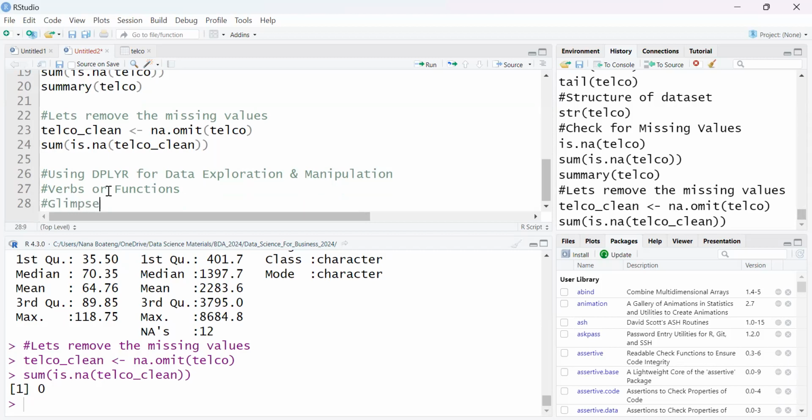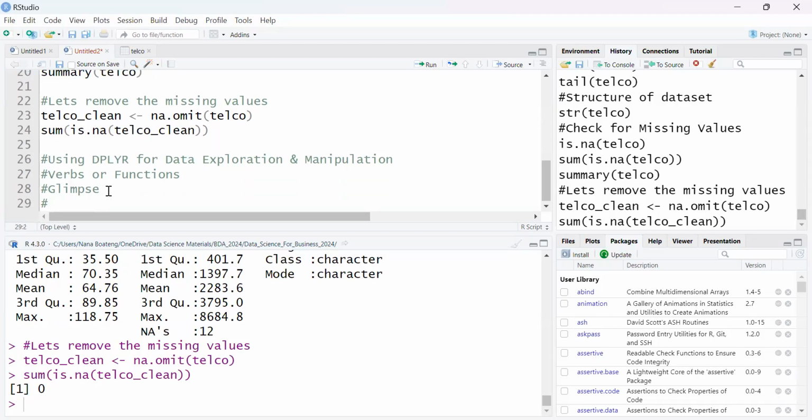The equivalent of str, structure, in base R is glimpse. When you use glimpse in dplyr, it gives you the structure of the data set. So we have glimpse,